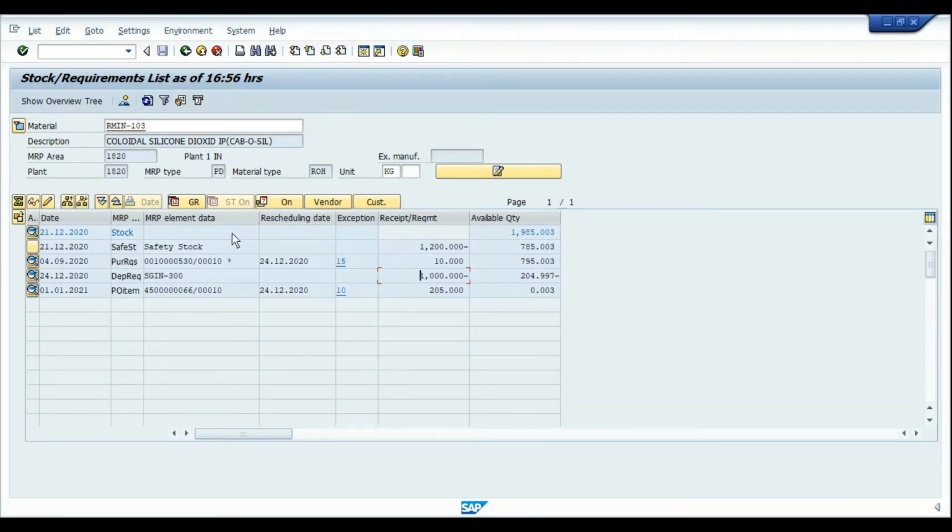Now if I read the MD04 of this material, I can see that we have an available quantity of 1985 kgs, out of which 1200 kgs will be carried on to the safety stock, and I'll be left over with 785.003 kgs. Now I have a dependent requirement from one of the semi-finished items for 1000 kgs. By doing the calculation here, I can see that the 785.003 kg has been added with the 10 kg, right? That is going to increase the stock to